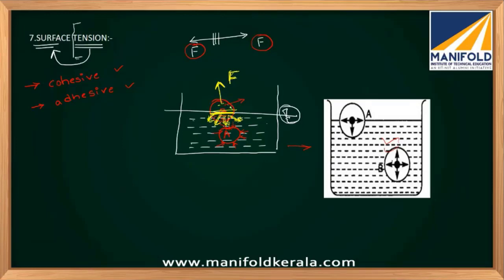See, these air molecules are filled in this bubble. Am I right? These air molecules, again, this atmosphere will be pulling it, right? Due to cohesive forces at the top here. One is due to water molecules, the cohesive forces are pulling the bubble downward. Here, the cohesive forces of air molecules, or there is some tensile pull force in the opposite direction. To keep the bubble in equilibrium, the force will be acting in this direction, in the upward direction. So there is some pull force in the downward direction and there is some pull force in the upward direction.